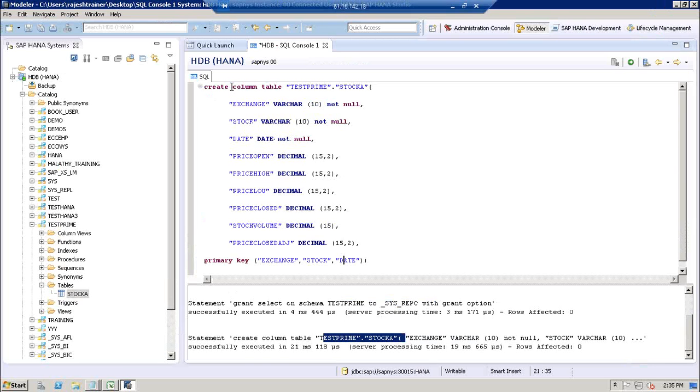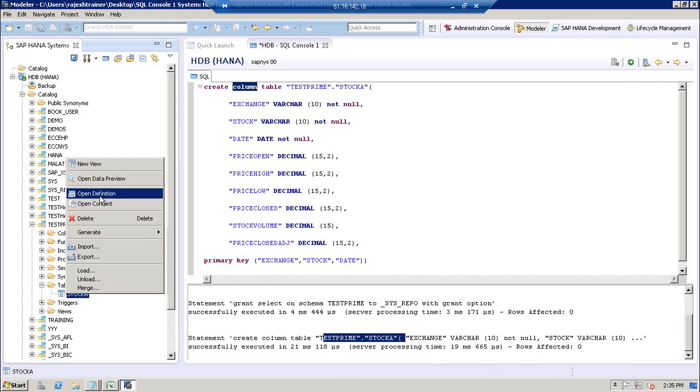Okay. So when we create a custom table, so what I'm doing here is I'm creating a custom table. See this syntax: CREATE COLUMN TABLE means you are creating a table with column storage. So if I select this one and go to open definition,